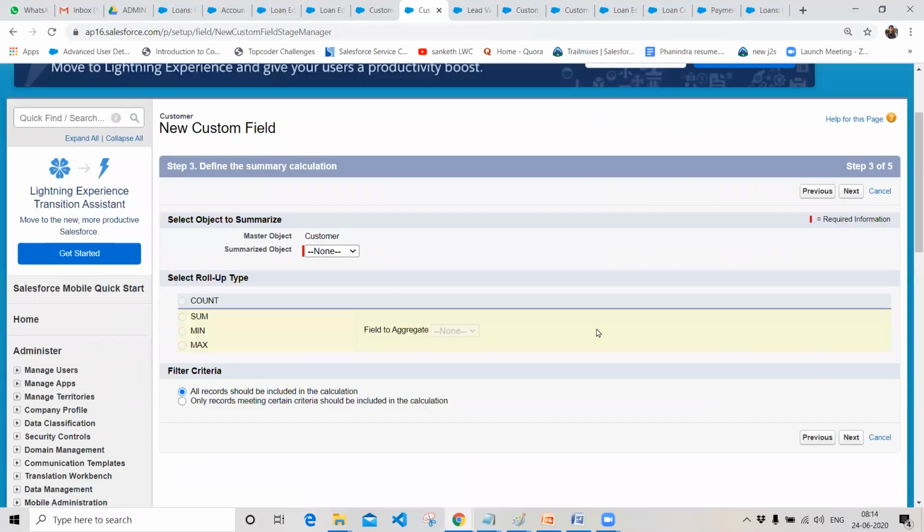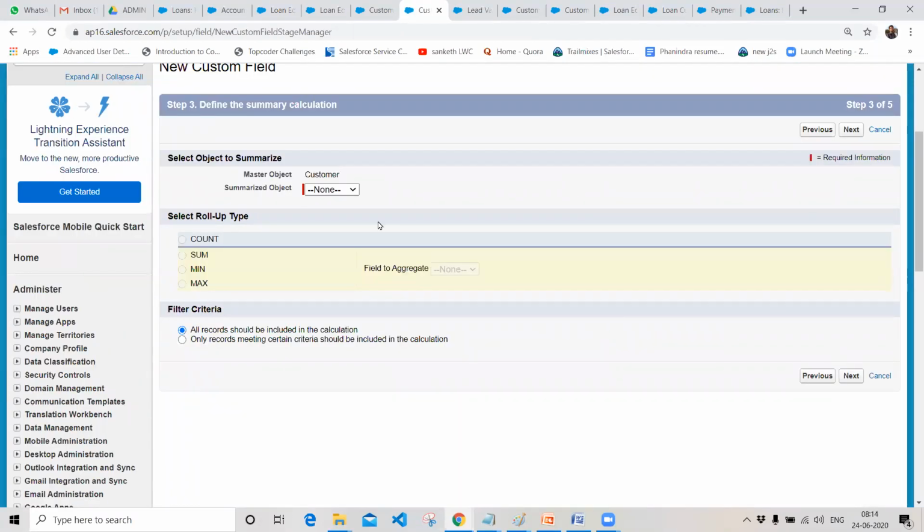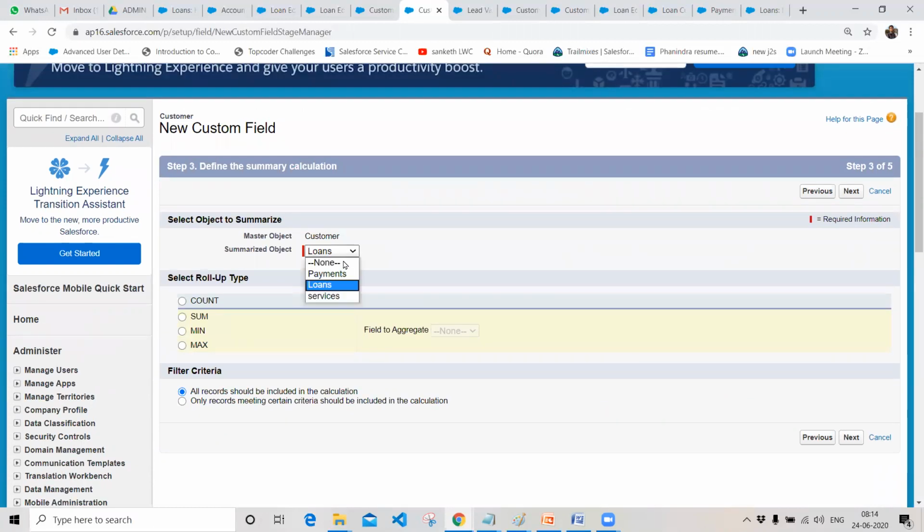Now it will ask you which object you want to select. I want to select loans as my object, since different objects have different relationships. Parent is having a master-detail relationship with which object? The customer object. Services also has a master-detail relationship with the customer object, and loan also has a master-detail relationship with the customer object.